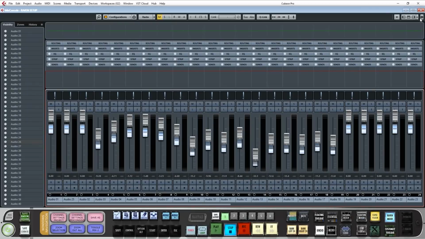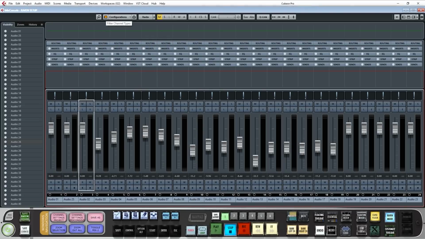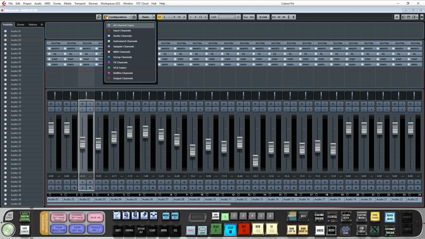Next, we'll need to remove the input and output tracks from the Mix Console since these types of tracks do not send controller data to Raven and vControl. From the Track Configurations tab on the top left, remove inputs and outputs by deselecting them from the list like this. Hiding these tracks will ensure the Raven internal mixer faders will correspond correctly to the Cubase Mix Console. If you're using Cubase 9, be sure also to hide all sampler tracks in the Mix Console as these tracks do not show on the Raven mixer either.